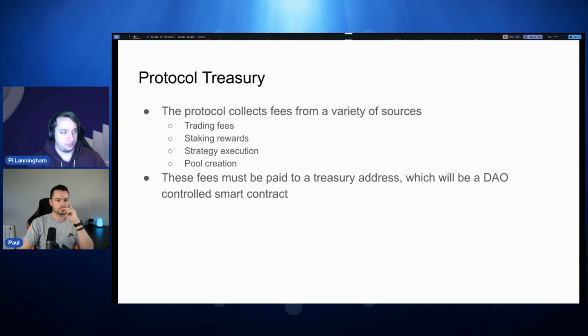Let's charge 100 ADA or 1,000 ADA or whatever it is for pool creation. We also have ideas on how to allow the protocol to subsidize specific pools. So the DAO could negotiate specific deals with highly anticipated tokens and things like that.